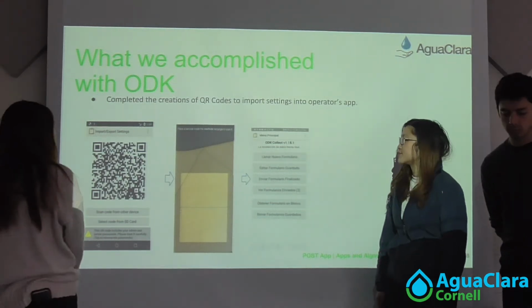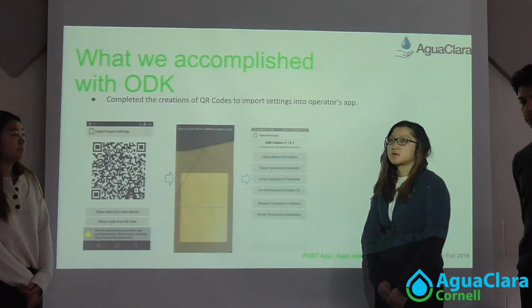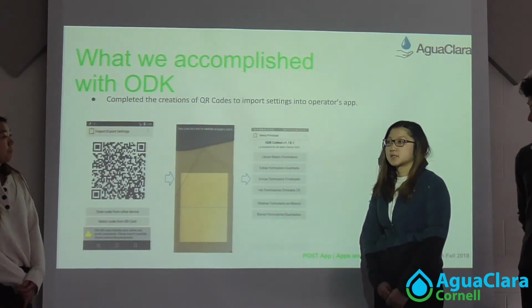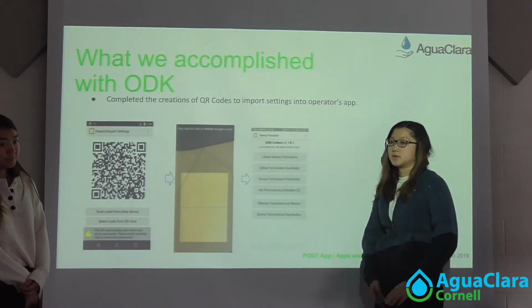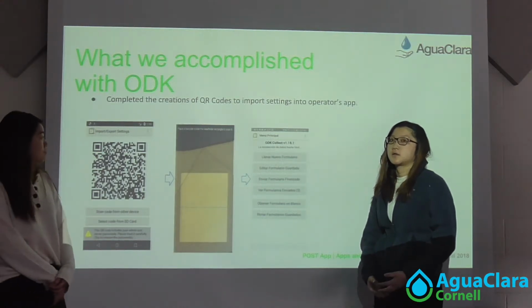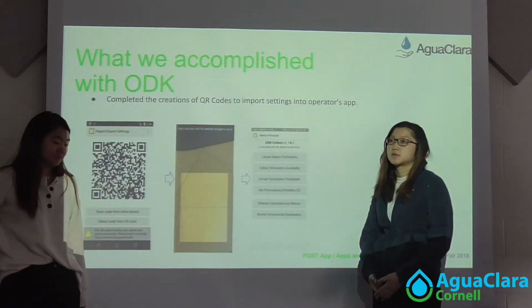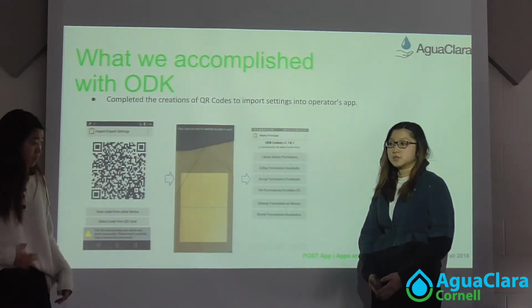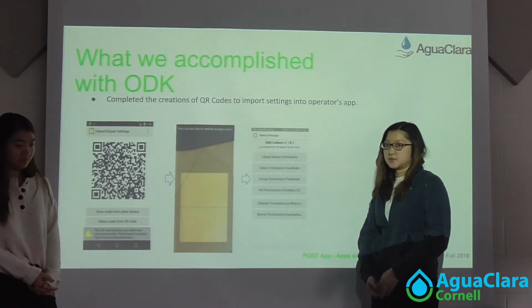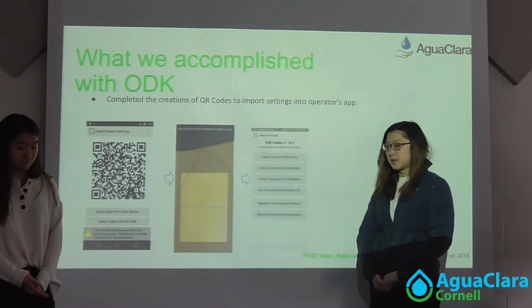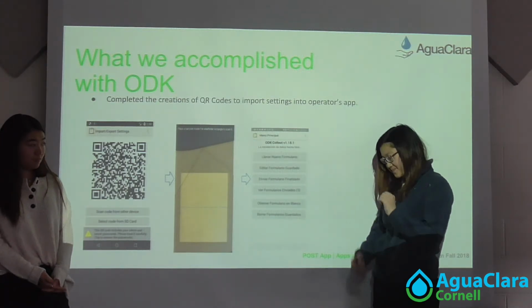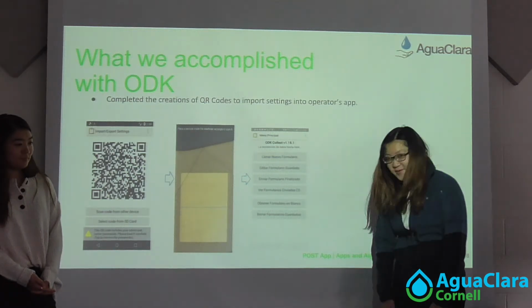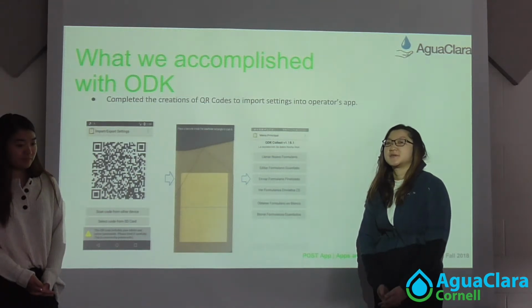So after the symposium, we spent some time researching how we can pre-configure the settings on a newly updated app. But after spending time on the ODK forums, we realized that there are a lot of restrictions regarding how we can set the default server, which is one of the main things that we need to do. So then we decided to get rid of our own fork version of the app and have operators download the original ODK app, which is